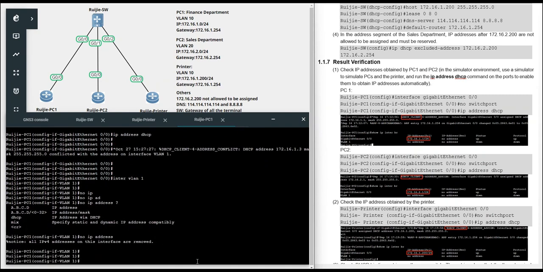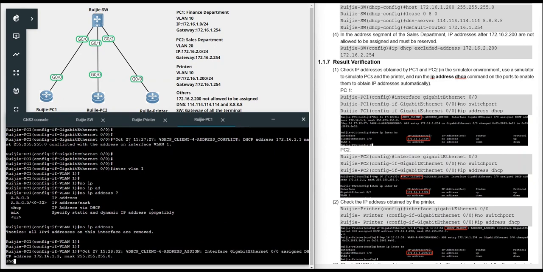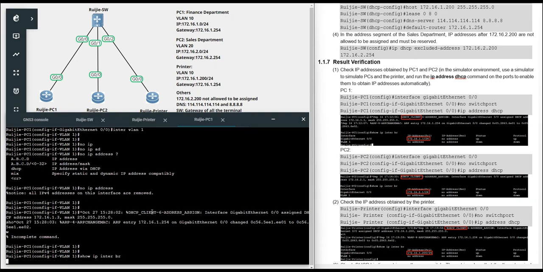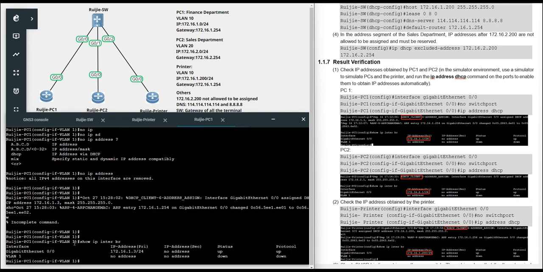Okay, now this IP address is removed, and there will be no IP address conflict, right? And later you can show IP interface brief to check the result. Now your physical interface already gets an IP address, and the mask is 24 and the status is up. This is successful.